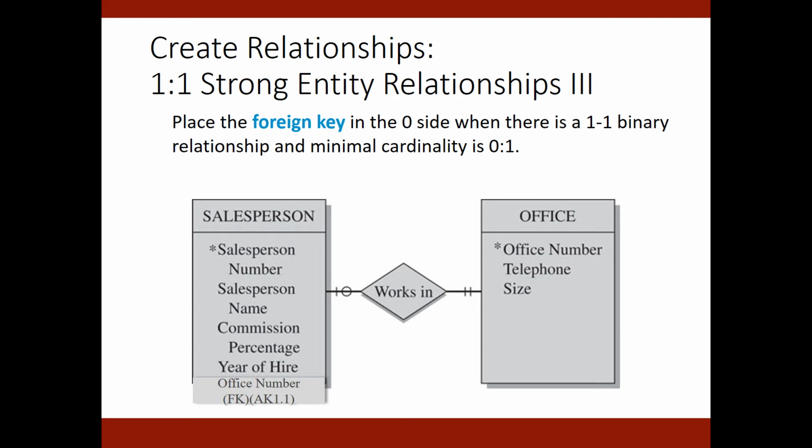So it makes better sense to put it in the salesperson. So everyone is clear why we decided to do it that way. So logically it makes sense, but you can also memorize it as a rule of thumb. If we have a 1-to-1 maximum cardinality and 0-to-1 minimum cardinality, the foreign key goes in the 0